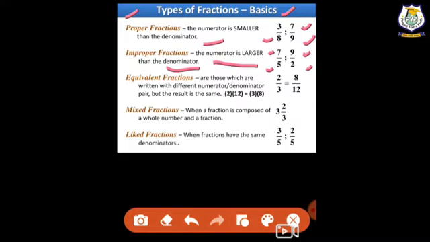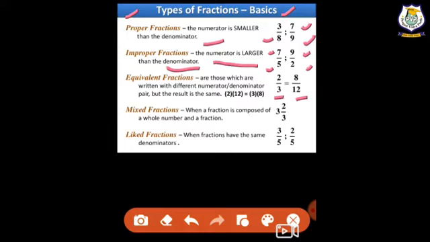Now the equivalent fraction. Equivalent means equal, you all understand. Equal means we are having the same thing. Equivalent fractions are those which are written with different numerator and denominator pairs but the result is the same. You understand? If we are having two fractions, written like 2 upon 3 and 8 upon 12, you will see that 2 by 3 is different and 8 by 12 is different. But when you solve this, you get the same